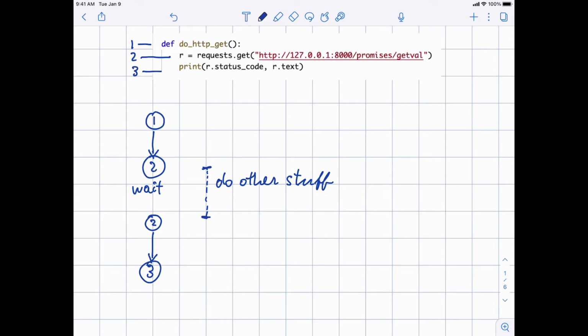And so in particular in Python, you can read the code in the same way in which the execution happens. If you read the code from top to bottom, that also tells you in which order the statements will be executed. We will see that this is no longer true in JavaScript.